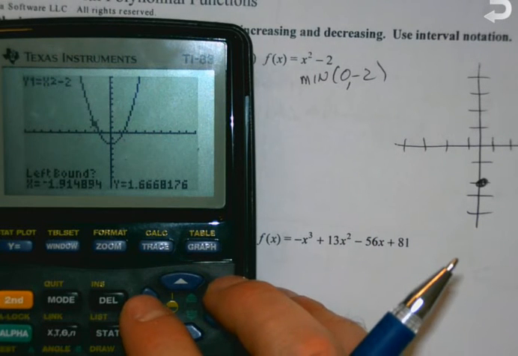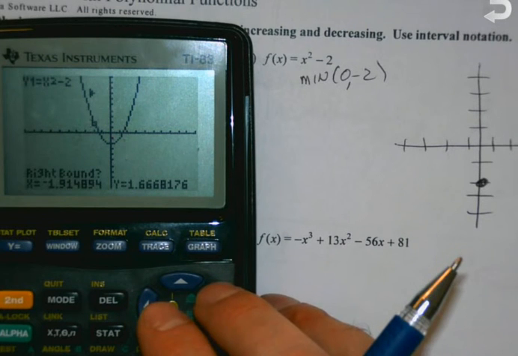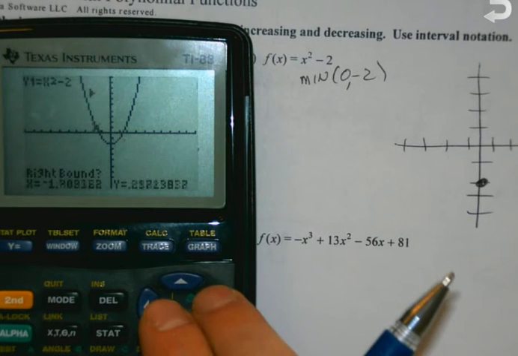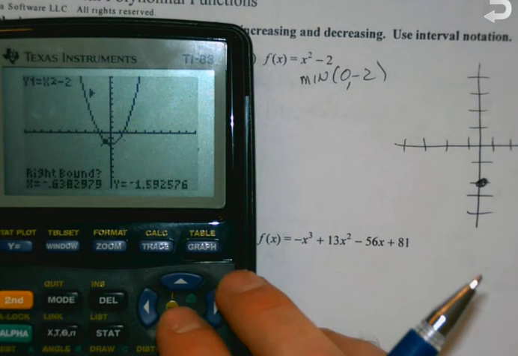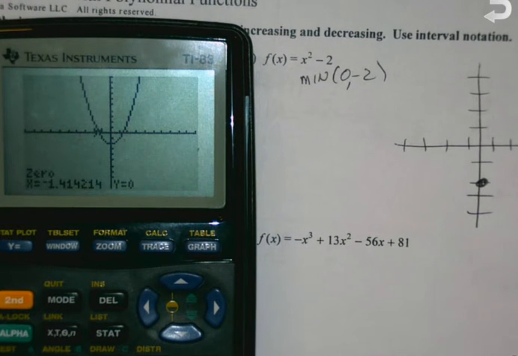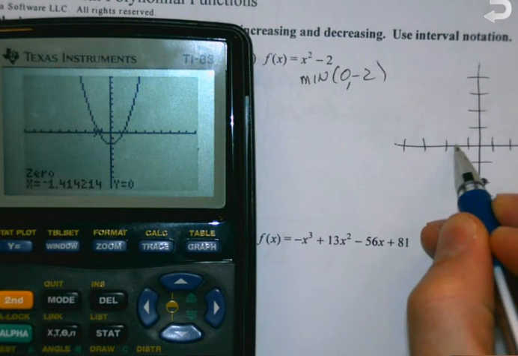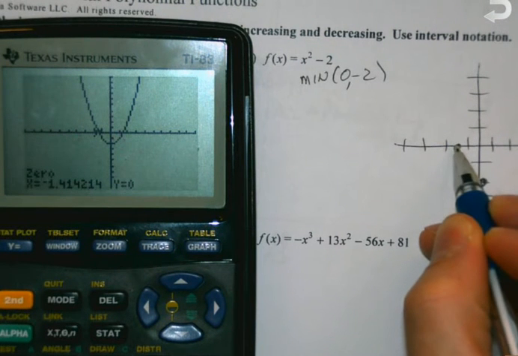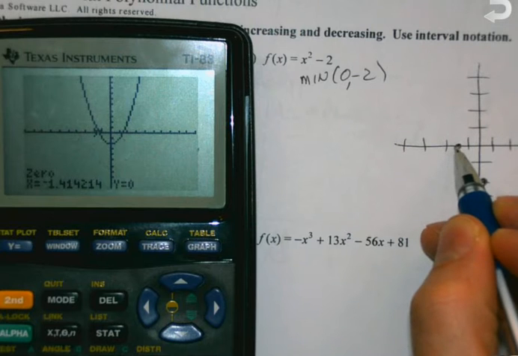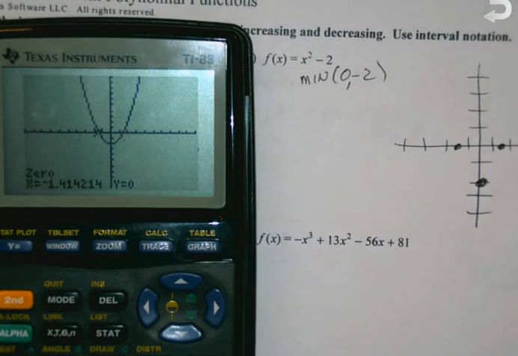So anywhere to the left or above my x-axis, I could hit an enter. So I'm doing the zeros. And anywhere below, which would be to the right of that point. And what I would get is my 0 is at about negative 1.4, but since any parabola is going to be symmetrical, I'm also going to have 1 over on the positive side. Draw my